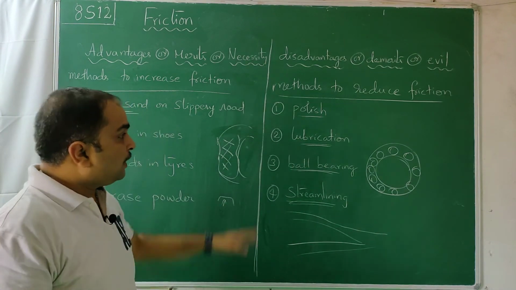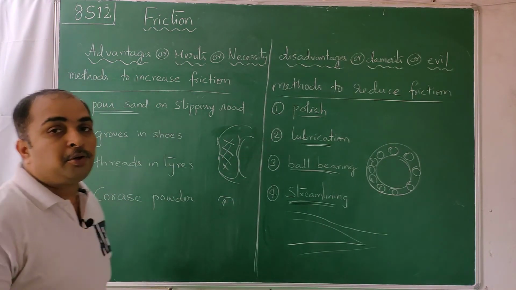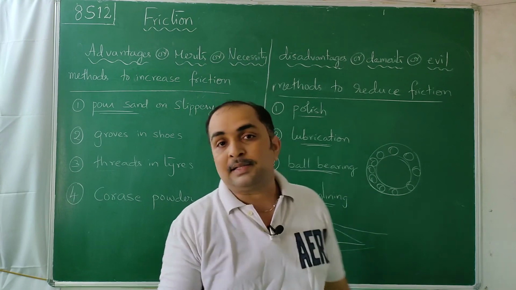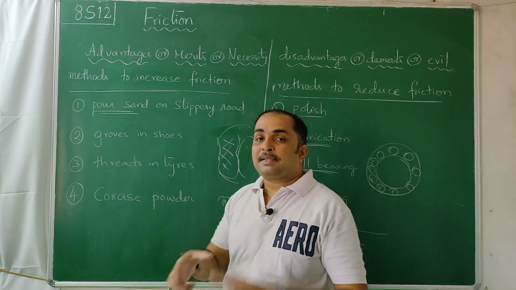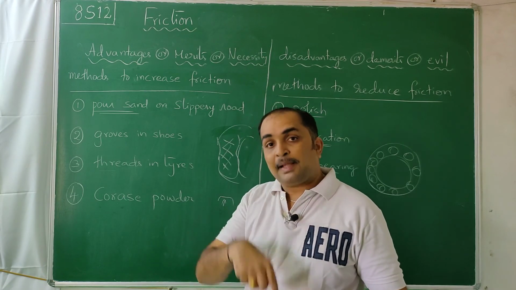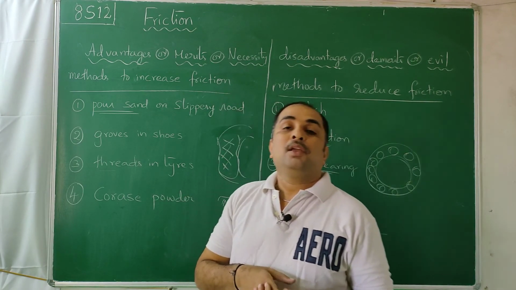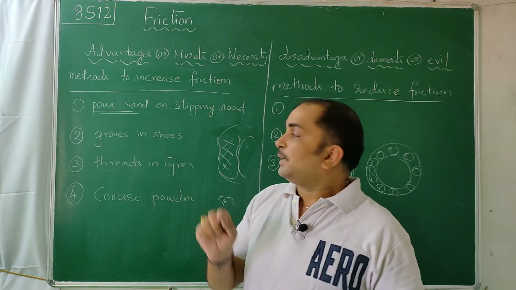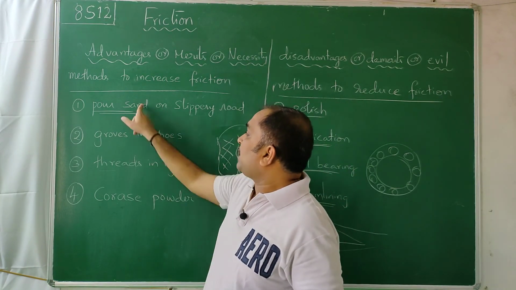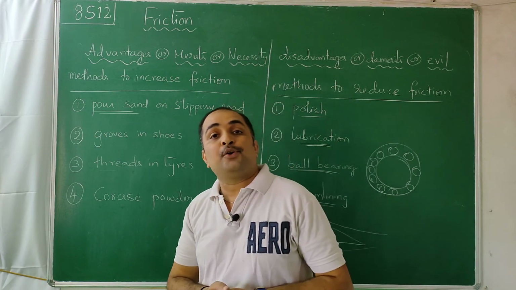Even if you don't believe it, when I was writing this, I could write these points, but the fourth point I was unable to recollect. Then I went to the textbook and saw that gymnasts and heavy weight lifters use Coras powder. In the same lecture in the beginning I told it, now to write the point I forgot it. That's why make a small list and convert them into single words: sand, groove, tread, Coras, like that. You remember some words, so it will be easy for you to elaborate in the future.